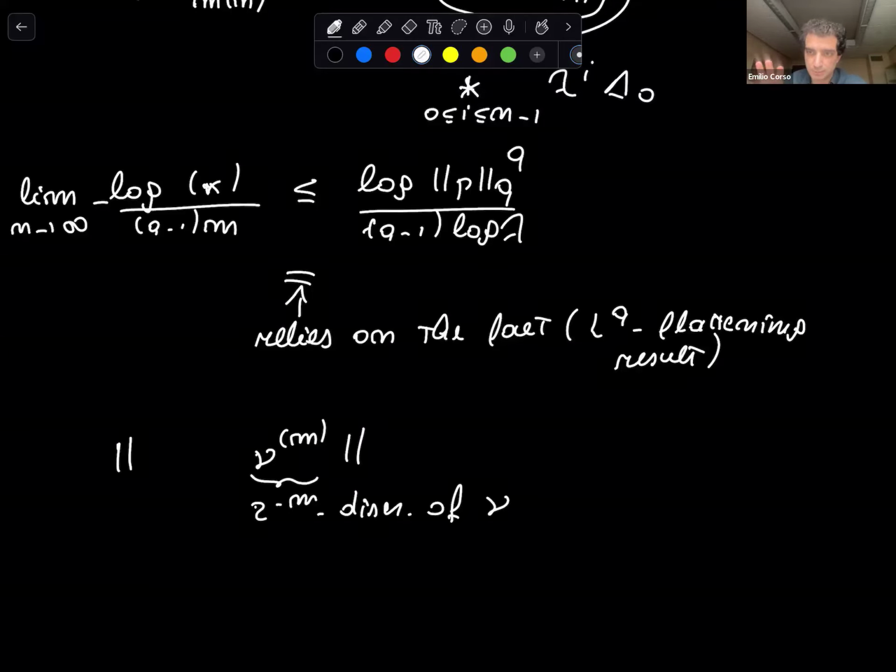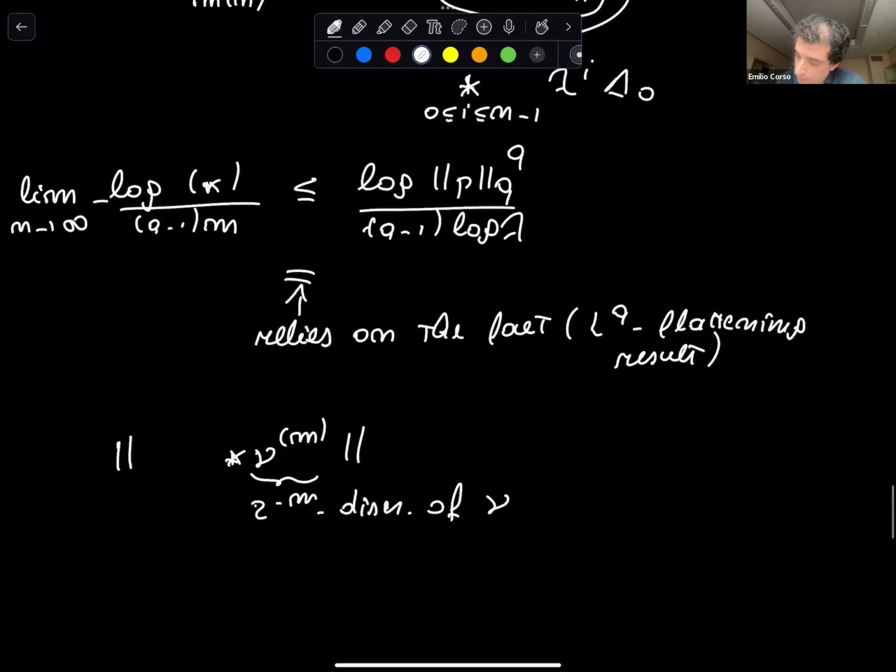So it's a discrete measure now, the 2 to the minus m discretization of nu. Now, if you take the convolution with any measure rho,